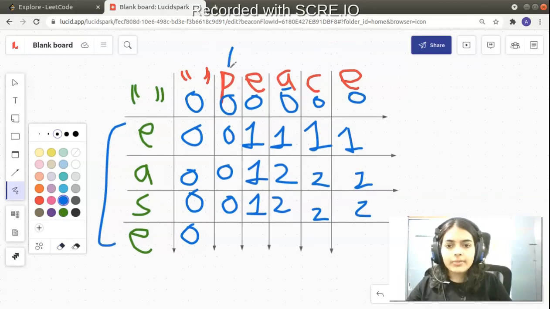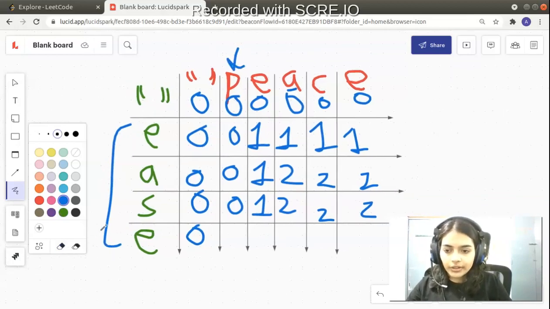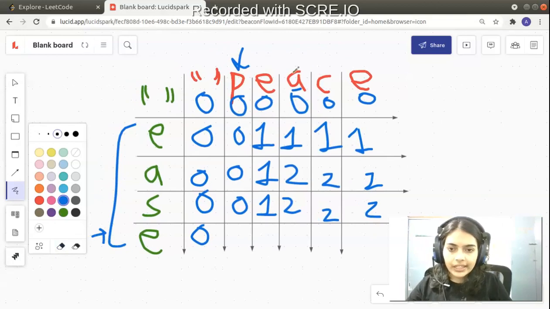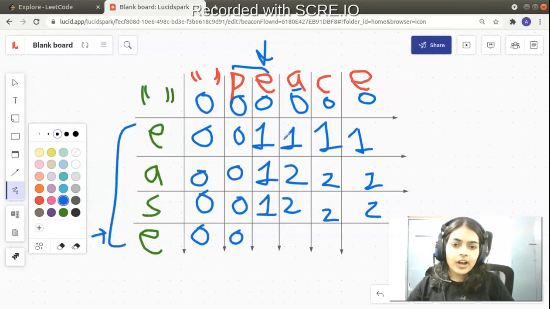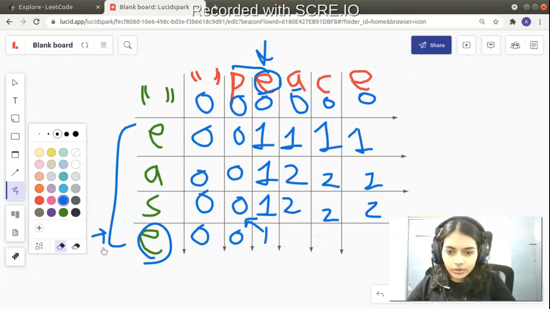Okay. Now let's go forward to the next possible case. So in the next possible case, you have this particular row and this particular column. You are comparing EASE with P. How many characters are common? You see 0 characters are common. Okay, let's go over to the next column. So between EASE and PE, how many characters are common? Now you see, interesting example here, E and E are equal, right? So you have got one extra character in common. If you have got one extra character in common, you will look at diagonal and add one. Diagonal box is having 0, 0 plus 1 is 1, so you will add 1.